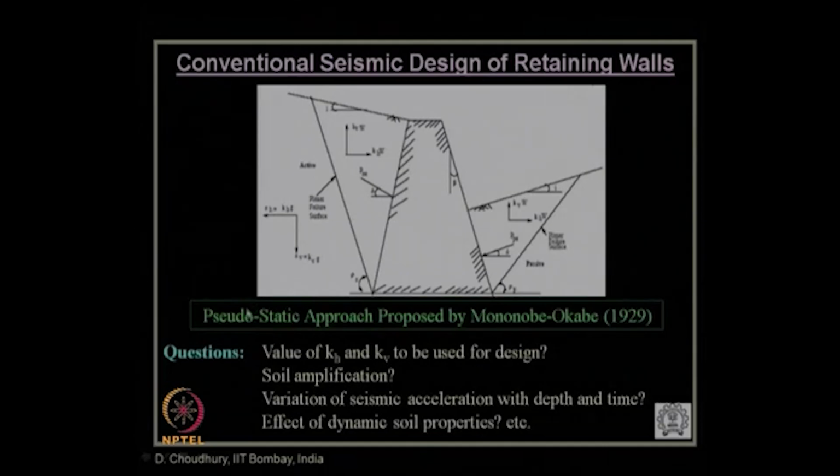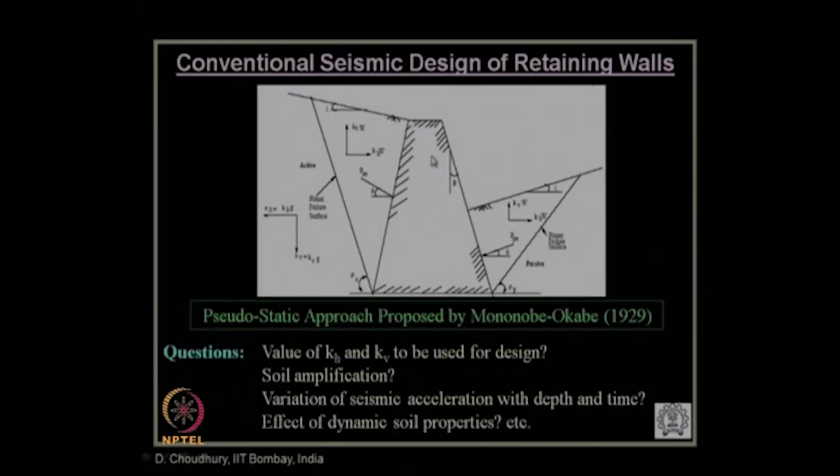The basic concept of the pseudostatic approach for the seismic design or seismic analysis of retaining walls was proposed by Mononobe and Matsuo in 1929 and Okabe in 1926, which is combinedly known as the Mononobe-Okabe method. This Mononobe-Okabe method is the pioneering work in the seismic design of retaining walls using this concept of the pseudostatic approach. So, what they had proposed, suppose this is a